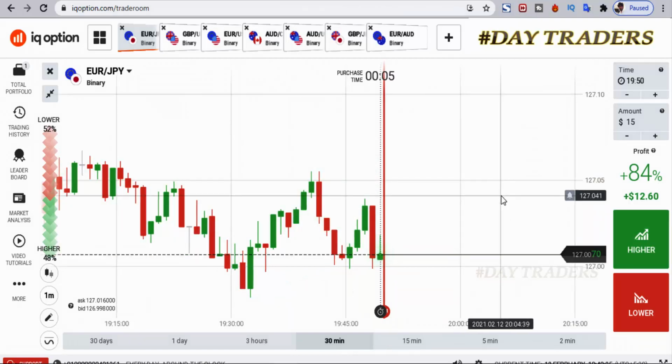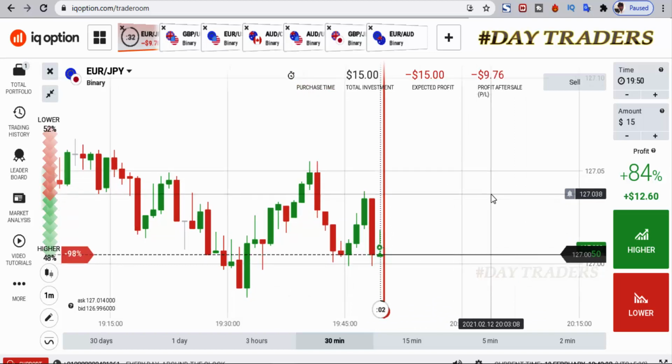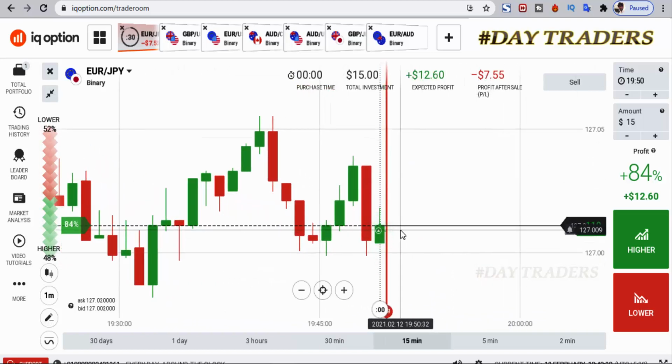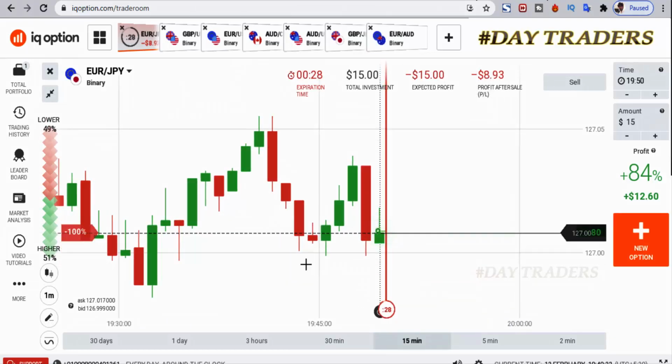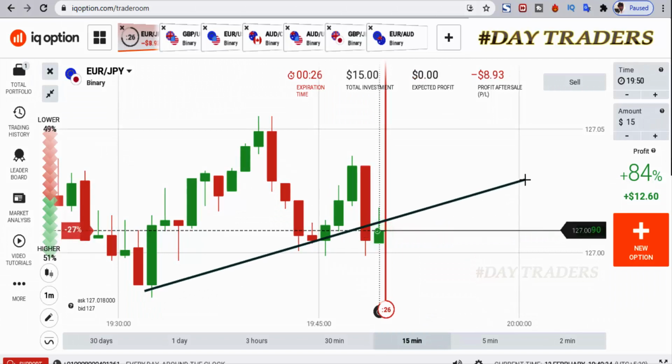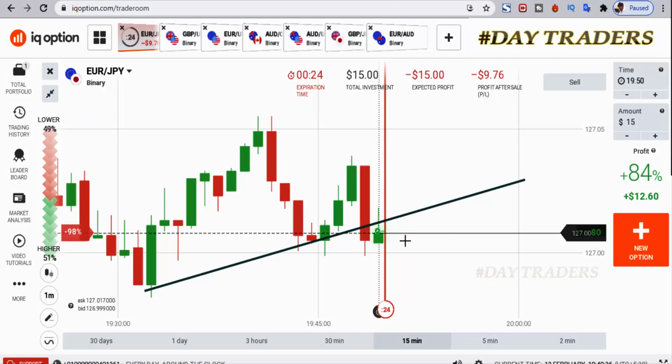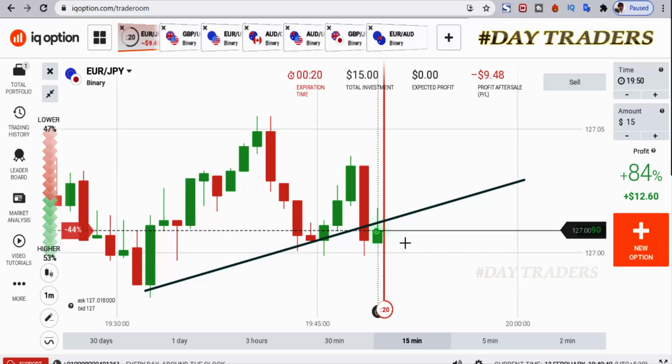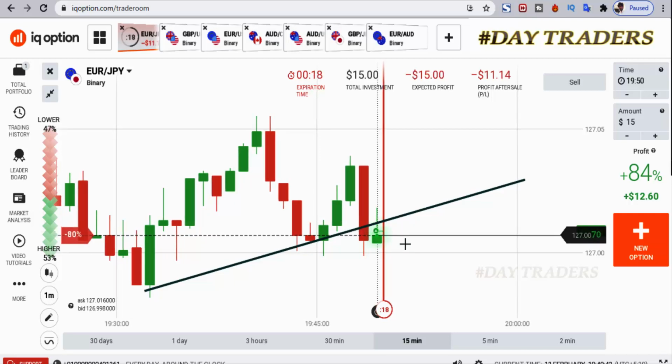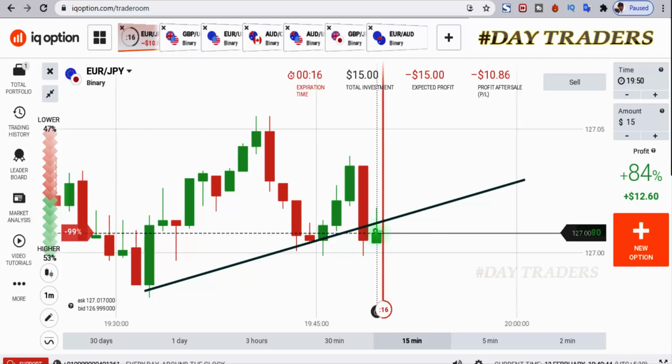Place a higher option. I'm expecting a retracement candle. That's the reason I place a higher option. Okay, let's see. I'm expecting the candle closing point to be above my entry point. Why? Because